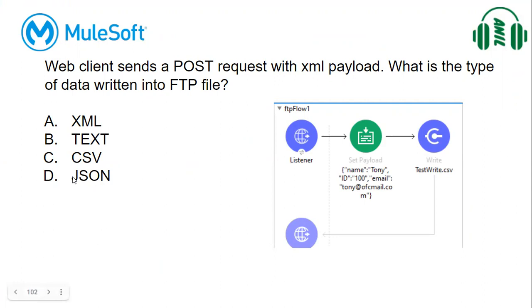Also remember that I didn't use DataWeave here, but in a certification exam, you'll also receive DataWeave. They'll give something like, let's say this is the JSON data, right? So they'll give a plus here and then add some XML data. In that case, it converts this payload into XML. That type of tricks they play. So just observe the flow diagram and the XML, and then choose the correct answer. For this question, the answer is JSON.